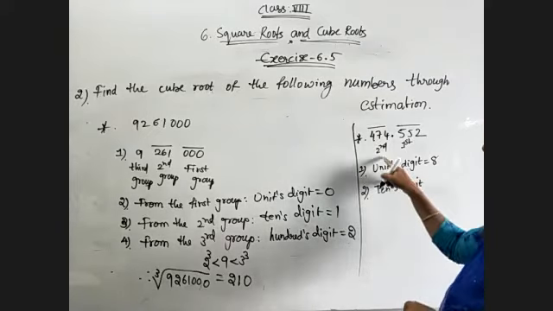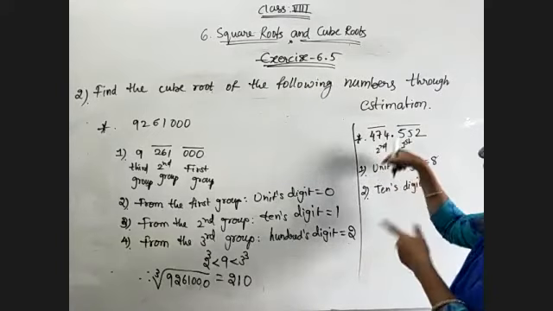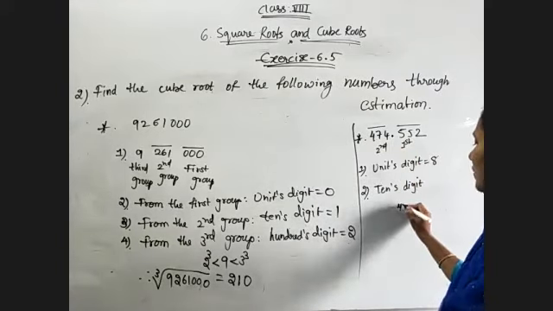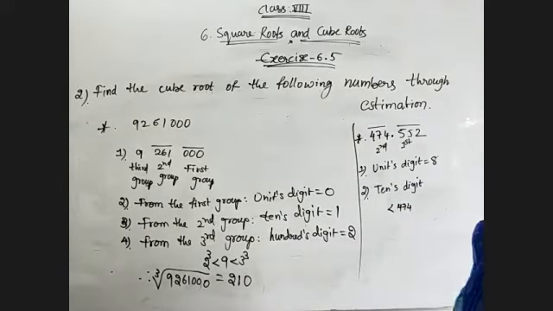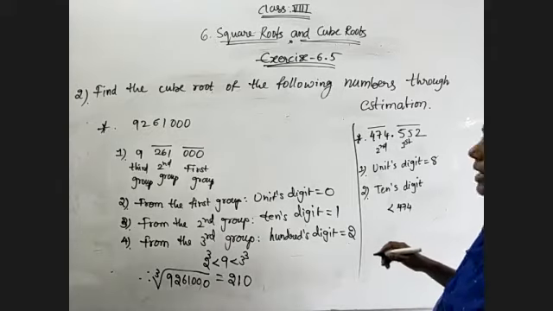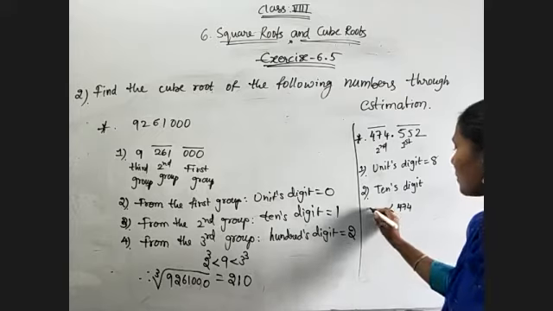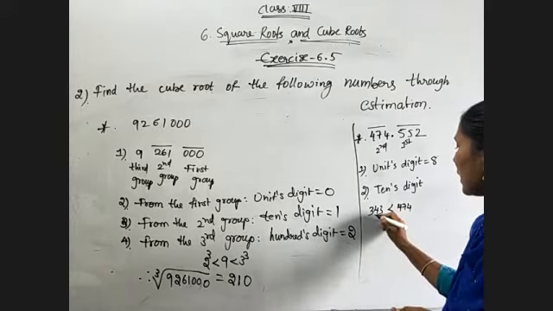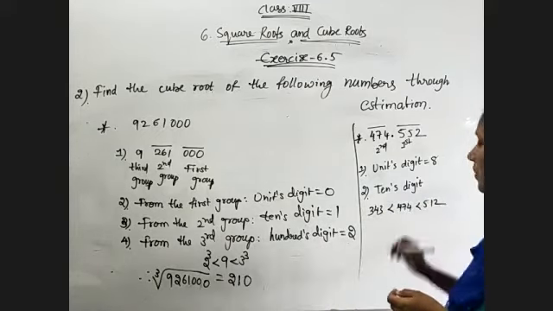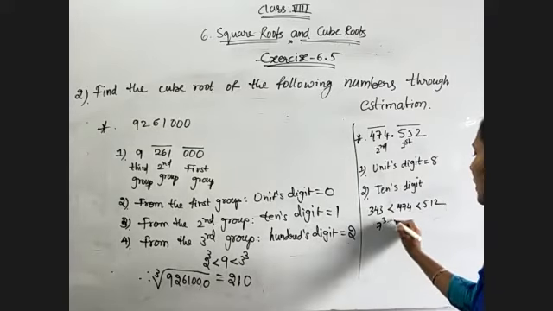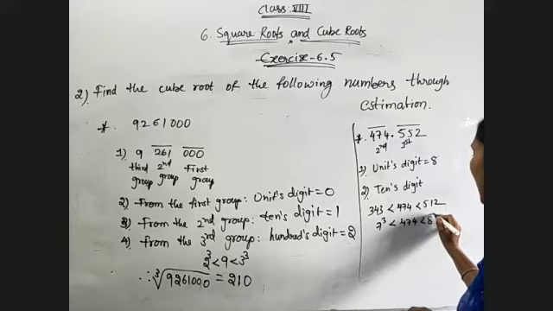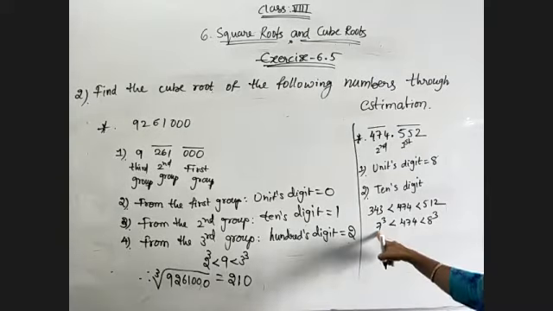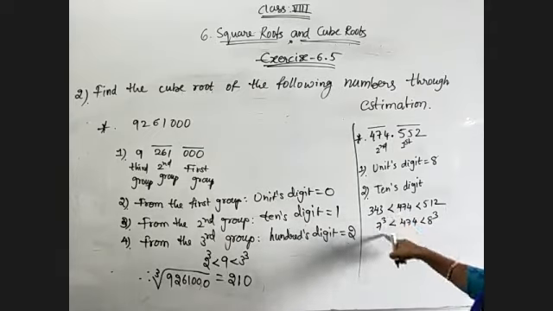So for this, only second group is there. So where it is lying, 474 is lying between which cube values we must see. See, 5 cube is equal to 125 we are getting, 6 cube is equal to 216 we are getting, 7 cube is equal to 343, 8 cube is equal to 512. So 7 cube is lesser than 474, and 474 is lesser than 8 cube. Yes or no? Means we need to select the 10th digit as 7, which is less than 474.